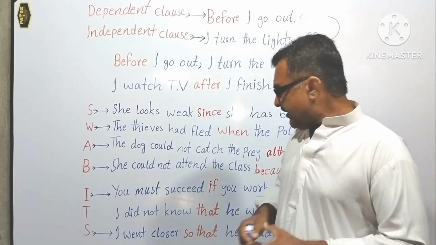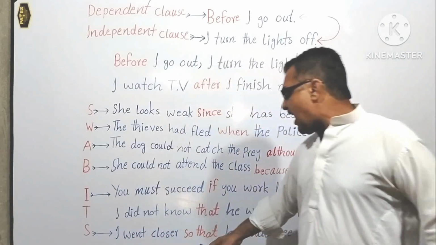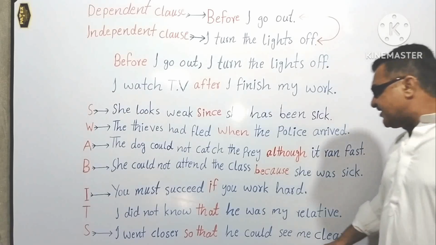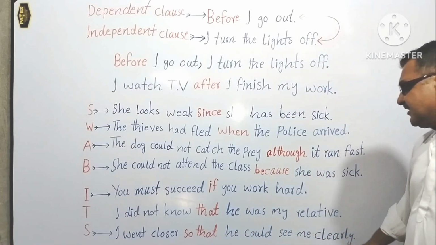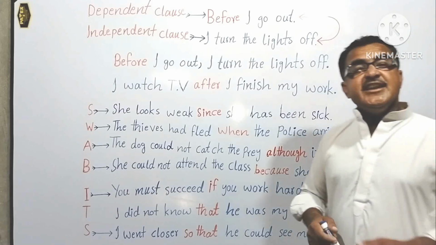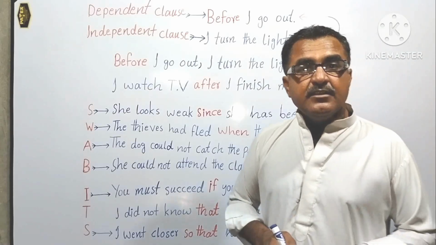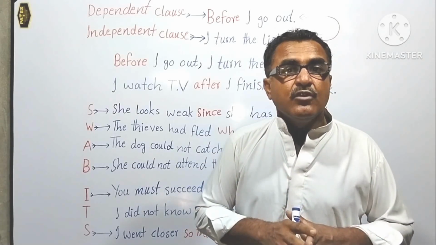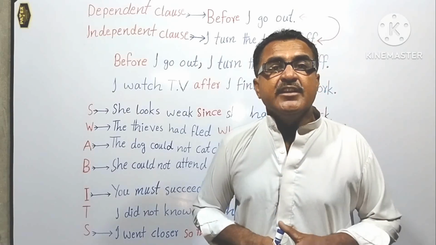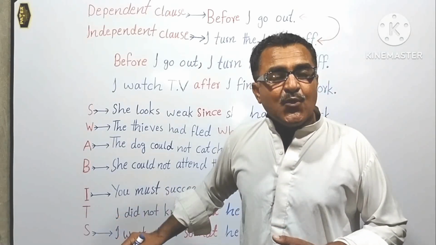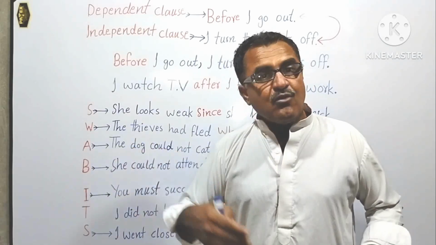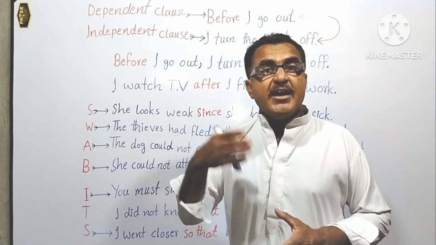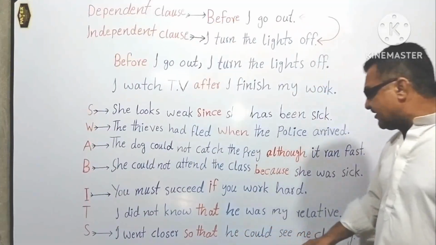Okay, look at the sixth example. I went closer so that he could see me clearly. Now if I take this part, the dependent clause, so that he could see me clearly, so what? Then what? What did you do so that he could see you clearly? Then you will say, I went closer. I went a little bit closer so that he could see me clearly. Who could see me? My grandpa. Okay, these are the dependent clauses